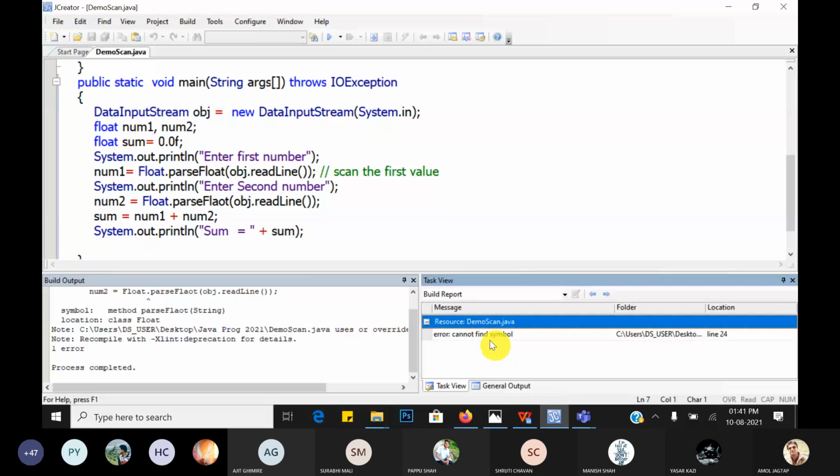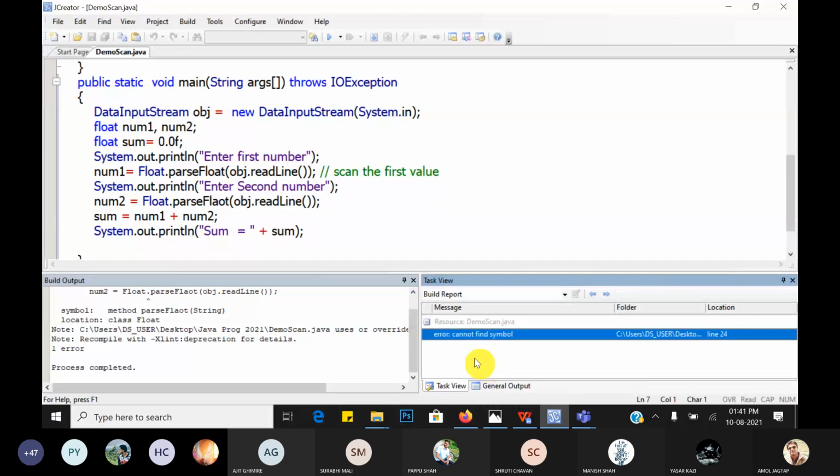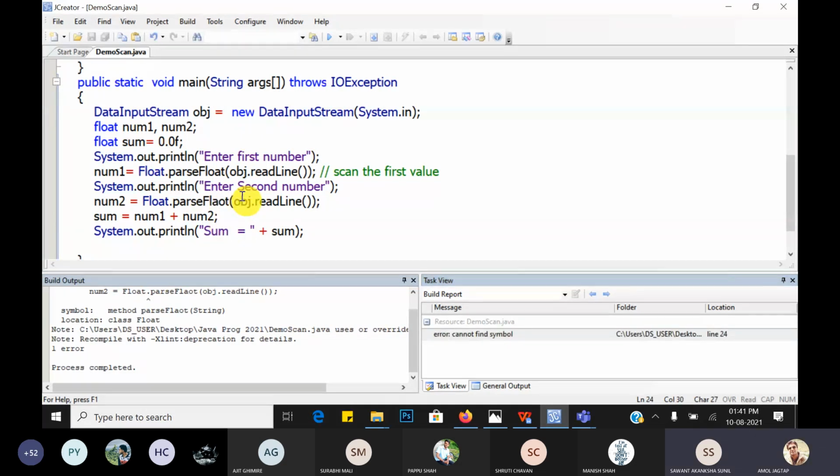Okay, one symbol cannot be found. Yes, sir, there is a spelling mistake. Where? Float. Num2 is equal to Float.parseFloat, it is spelled wrongly. Oh yes.